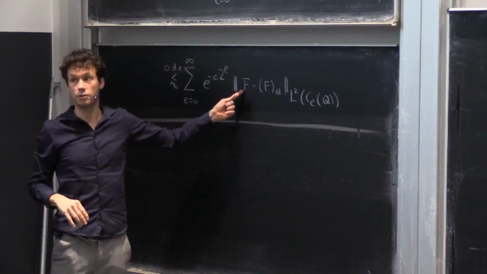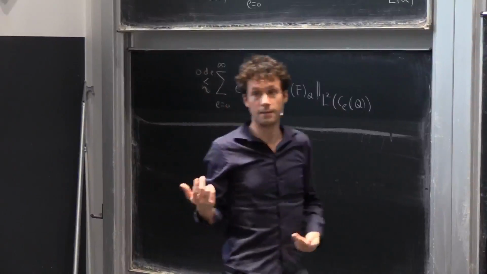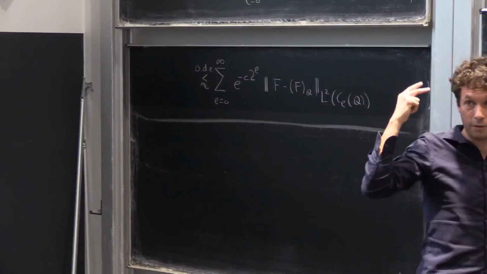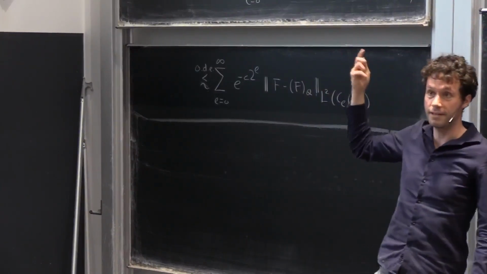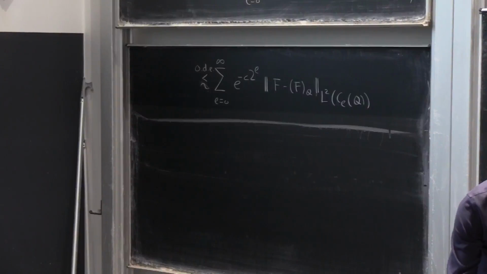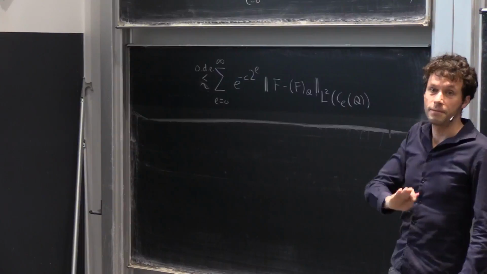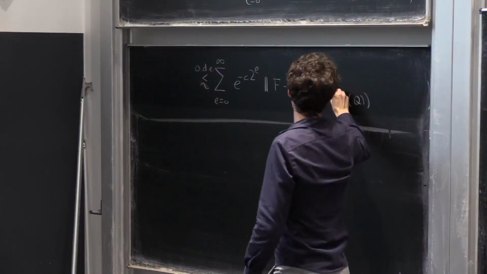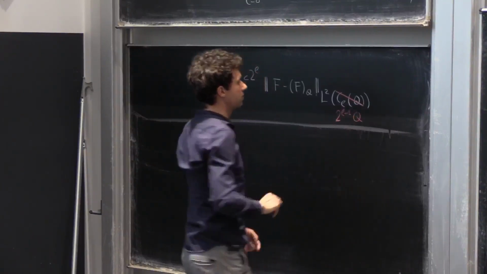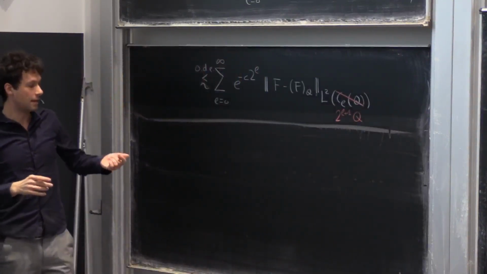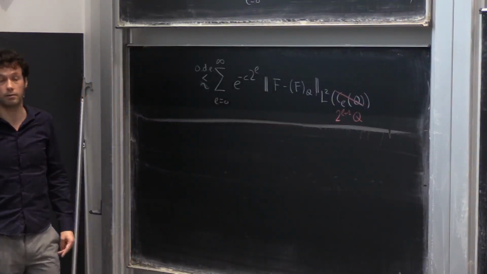Now I want to control that. And I already told you how I control it. I'll control it using the gradient of f. So now there should be an alert, Poincare-Sobolev, in your head. Right? Estimating f minus the average by the gradient, that's the Sobolev-Poincare inequality. The only thing is that Q is not a subset of this annulus, but I can be very generous in this estimate. I'm just replacing the annulus by a huge cube that contains it, 2 to the l plus 1 Q. Then the estimate is still correct, and now I have the huge cube with the small cube sitting inside, so this is okay for Sobolev-Poincare.